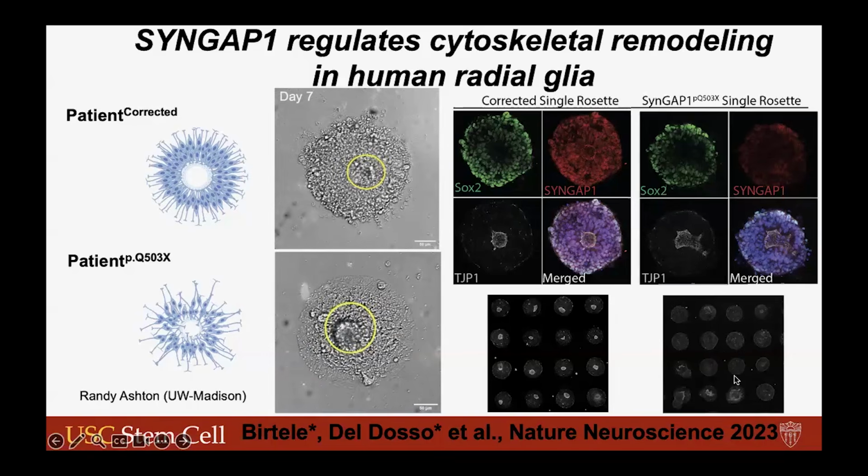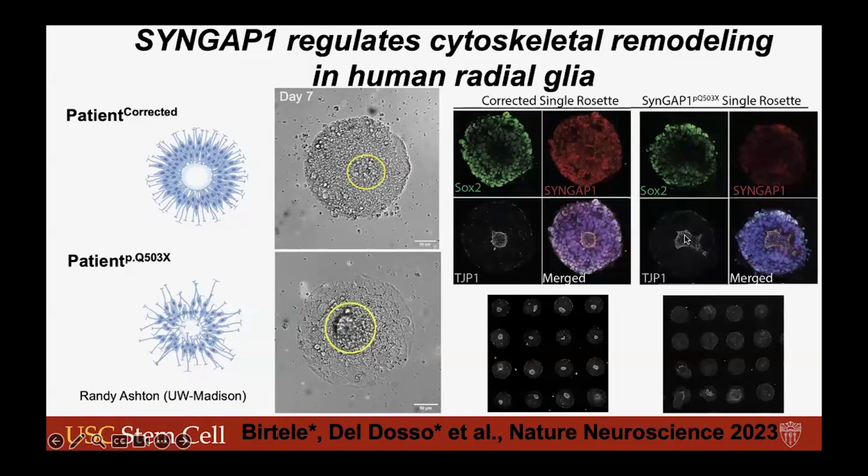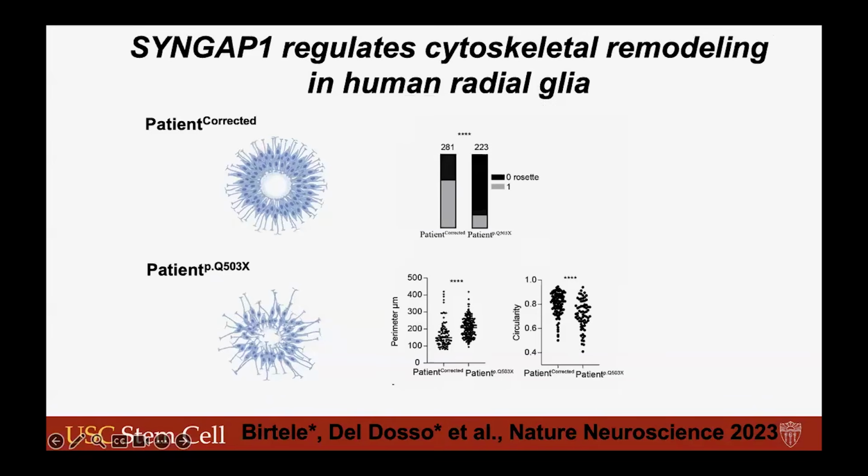here basically they are mostly absent. When they are there, you can see that the morphology is pretty altered. This is a quantification, again showing this reduction in the number of rosettes, and when they are there, the perimeter and circularity is actually altered. We, as I mentioned before,